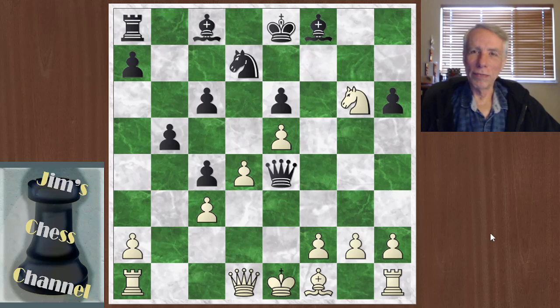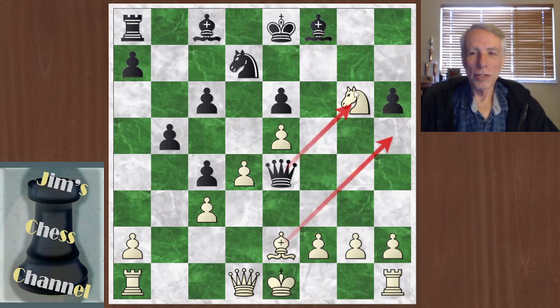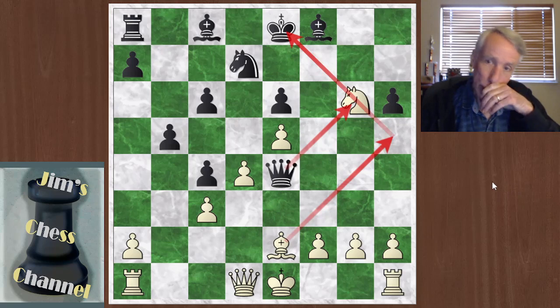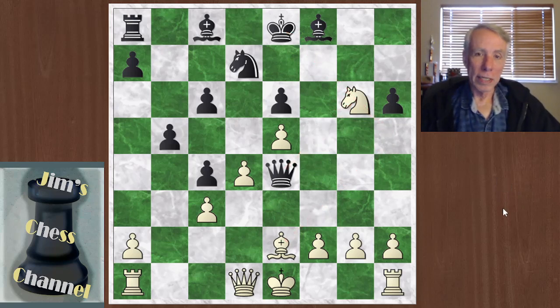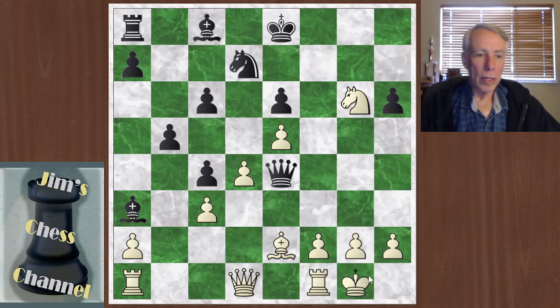Okay, I'm going to give the answer away now. The bishop goes to e2, and now if the queen takes the knight, the bishop can go here, skewering the queen and king. So that knight is indirectly defended. Black plays bishop a3 here,